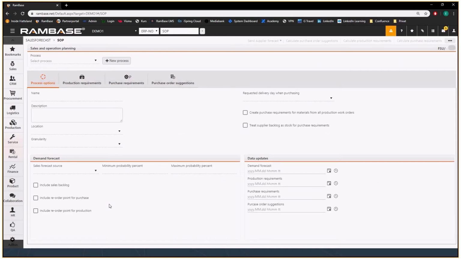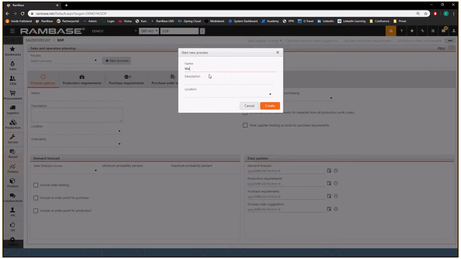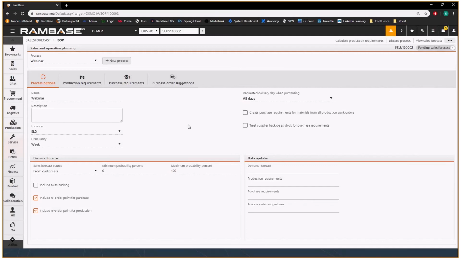So each time you start a new process, you need to name it and choose what location it is. When you have created the process, it will be in status 1, and from here you can add